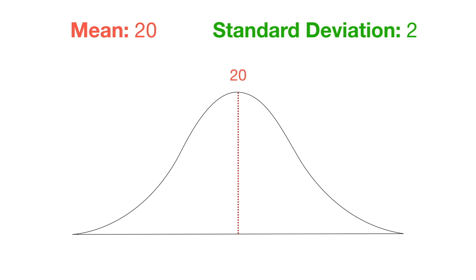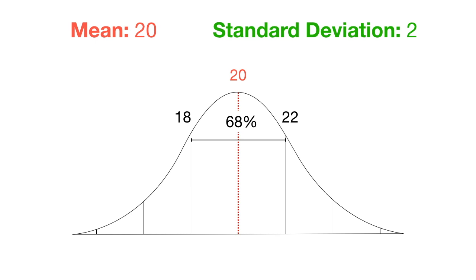And then to do the standard deviations, so here's standard deviation 1 and -1, standard deviation 2 and -2, and standard deviation 3 and -3. So to find these, let's do standard deviation 1, -1 first. So if the mean's 20, on the positive side, you're just going to add 2 to that because standard deviation is 2. So 20 plus 2 is going to be 22. Now on the minus side, you're going to subtract the standard deviation. So 20 minus 2 is going to give us 18. And so with that rule, we know that 68% of the data is going to be in between 18 and